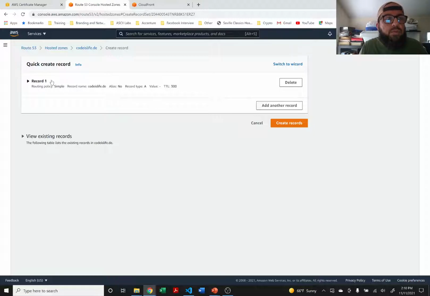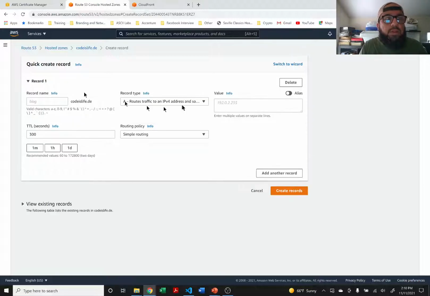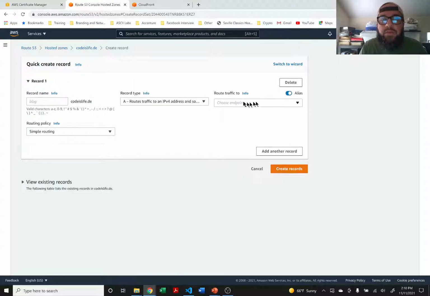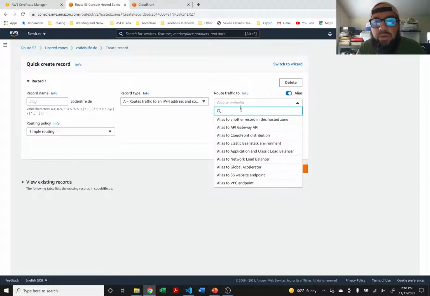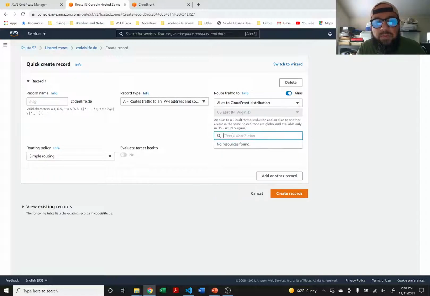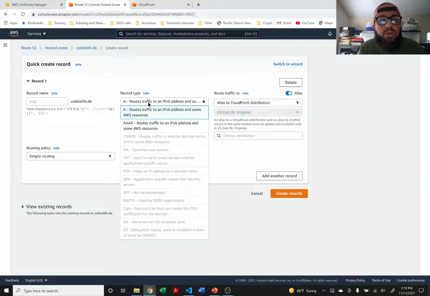What did I do? Expand, make it an alias, choose endpoint, alias to a CloudFront distribution, but for some reason my CloudFront distribution is not showing up. Why is the CloudFront distribution not showing up? It's in the US Northern Virginia region. Route traffic to, you know what, let's go ahead and